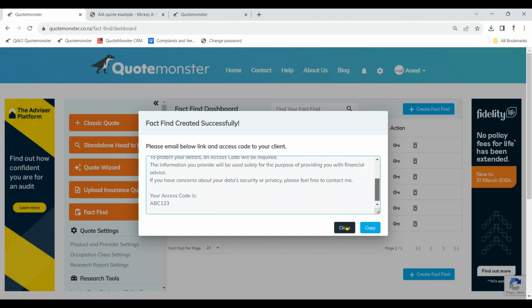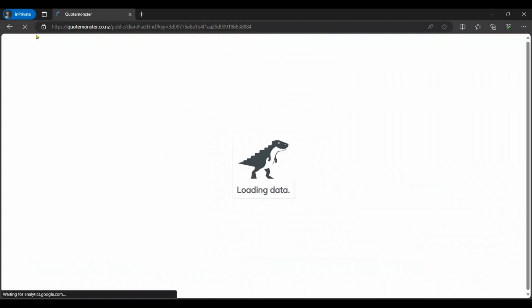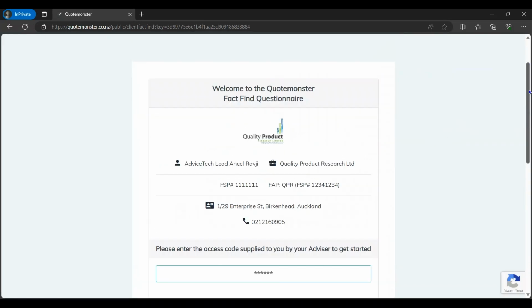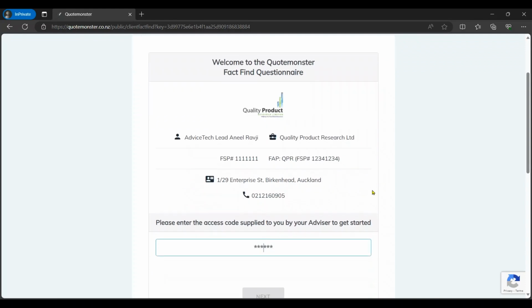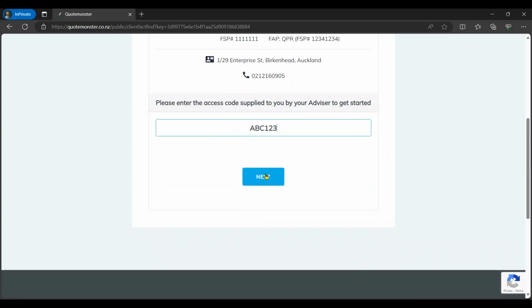When the client has received your email, the client copies and pastes the link into their browser, or they click on the link from your email. Just to give them a bit more confidence and assurance, it opens up with the advisor's details so that they can see that it's the advisor that's collecting the information. The client enters their access code and clicks on next,